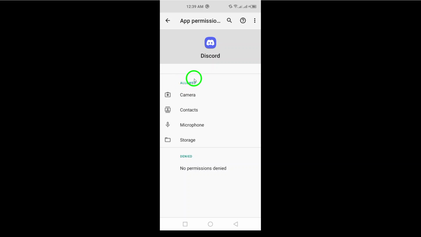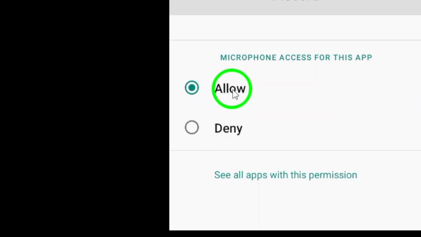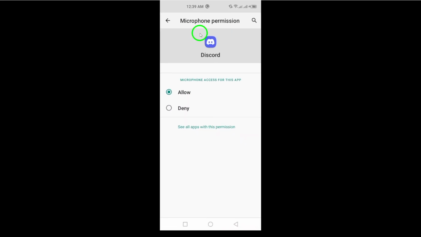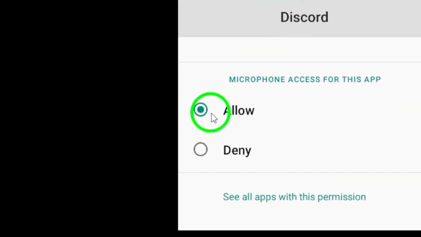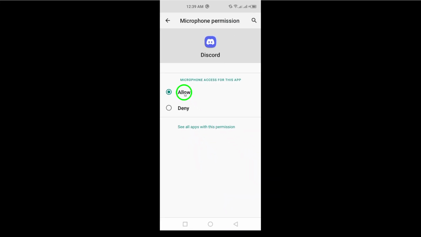In the Permissions menu, locate the Microphone option. This is crucial for your voice interactions in Discord. Tap on Microphone to proceed. Finally, you'll be presented with a few choices. To ensure that Discord can utilize your microphone when you need it, select Allow Only while using the app. This setting allows Discord to access your microphone during calls and chats without compromising your privacy when the app isn't